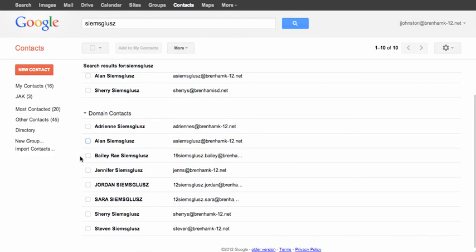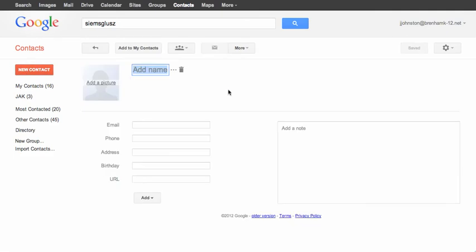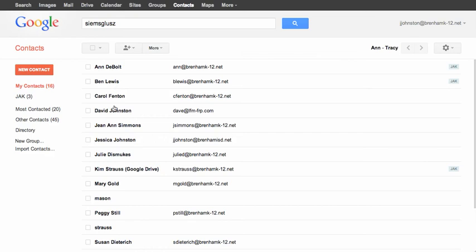Sometimes it's necessary to add a contact that is not part of our organization, somebody who's not a Brenham ISD employee. To do that, you would click on the big red New Contact button over here on the left-hand side. When you click on that, it brings up this screen where you can insert as much information as you want about that contact. When you click on Add to My Contacts, that person automatically shows up in your contacts